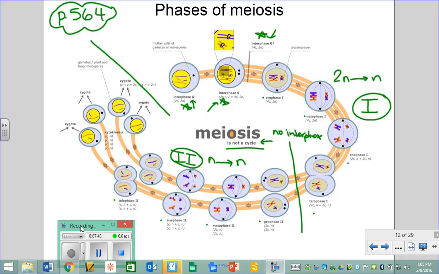So we're going to talk about the phases. We'll spend a little bit more time talking about meiosis 1, because meiosis 1 is the part that's considerably different from mitosis. There'll be a picture for each phase, and what we'll do is focus on what's different. I'm not going to repeat a lot of the same notes that we already took about what happened in each of the phases. So for example,